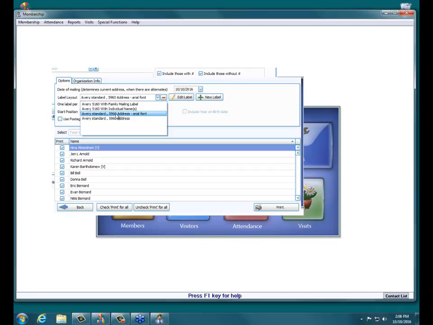And so that's essentially how you create new labels. Say you want to edit an existing label to include different information or to change the font and that sort of thing. You just come in here and you select one from the drop-down. I'll just select the 5160 with family mailing label. So say you use the Avery 5160 labels, but you want different information than what this shows. So if we click Edit Label,